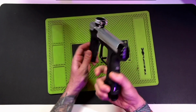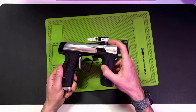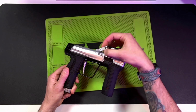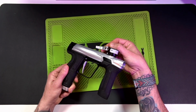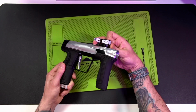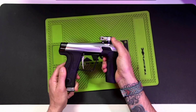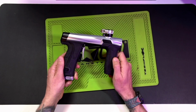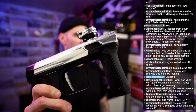I think that one of the cooler parts about the new Eclipse guns, it might be a little bit hard to see with this sticker still on there, but there's a little notch on that feed neck lever right there. You can definitely see that little notch right in the middle of the lever, and it slots right into a little cutout on the feed neck, so the lever won't move around. I really like that. It's not the most revolutionary thing, having a little dealio on their feed neck, but